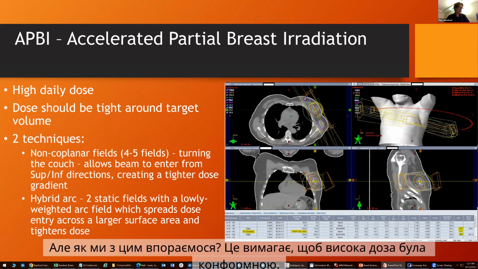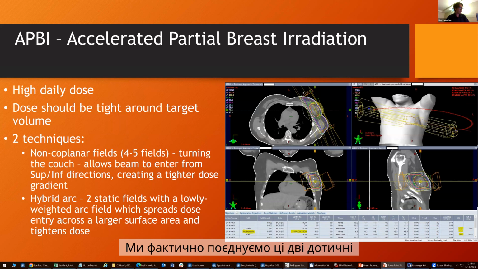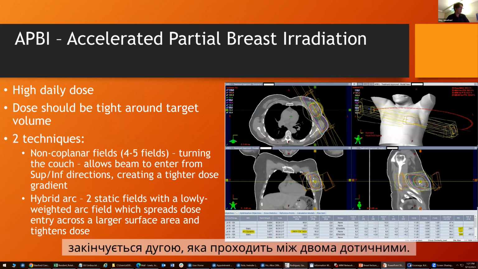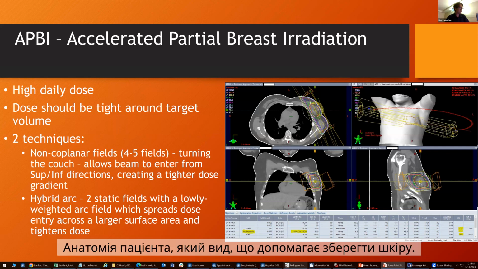But how do we deal with this need for the high dose to be conformal? Well, similar to VMAT, we introduced more angles of freedom. We're pairing these two tangents with an arc, which treats in between the two tangents. By doing this, we've spread the dose entrance out over a lot more of the patient's anatomy, which helps